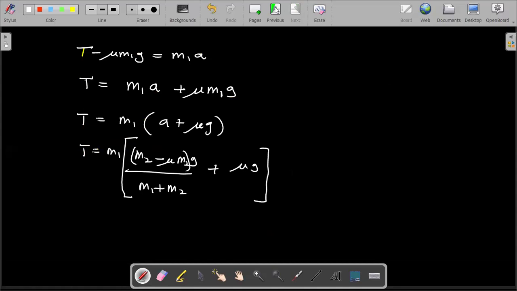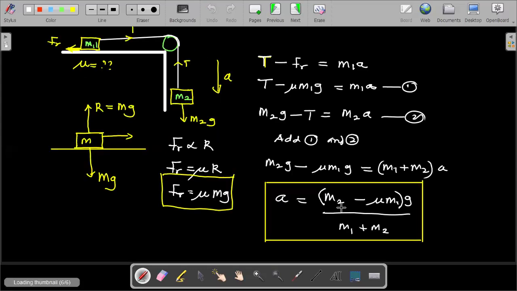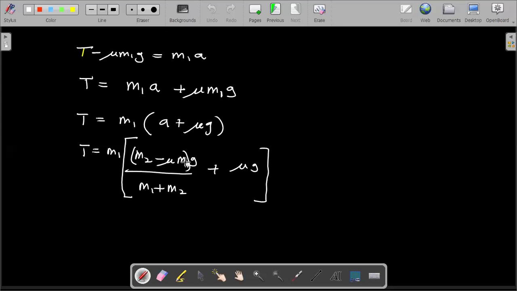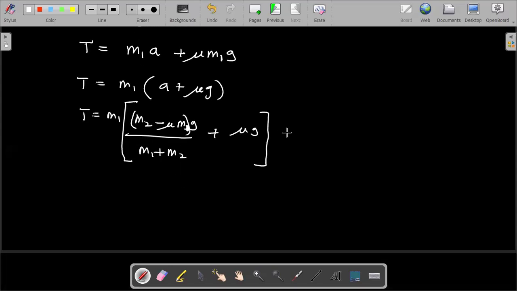Okay, let's cross-check that once before we move on. Our acceleration is M2 minus mu M1, so what we have here is going to be M1 and not M2. So we have M2 minus mu M1G all over M1 plus M2. So let's tidy this up. Tidying this up, we see that we have our M1 still outside the bracket. Then we can also take the LCM here. The LCM here is M1 plus M2,